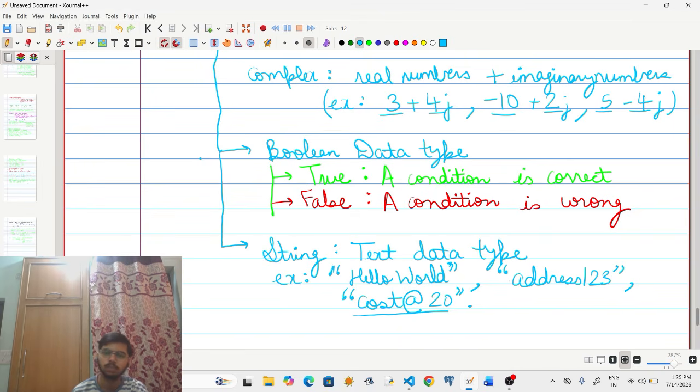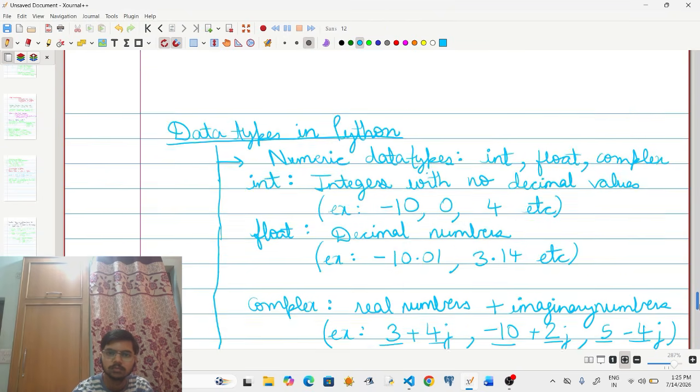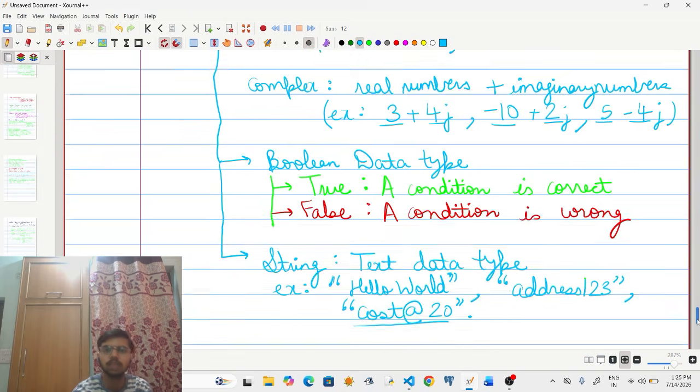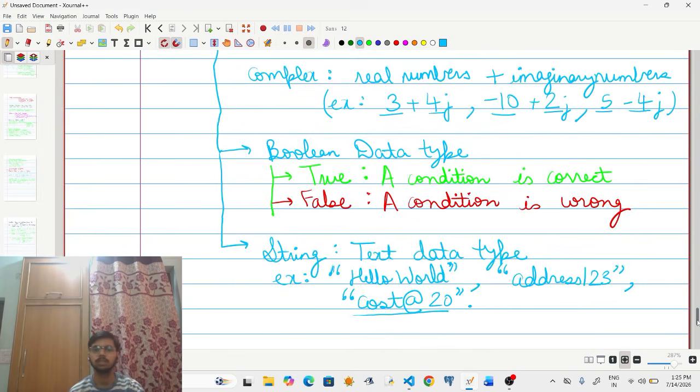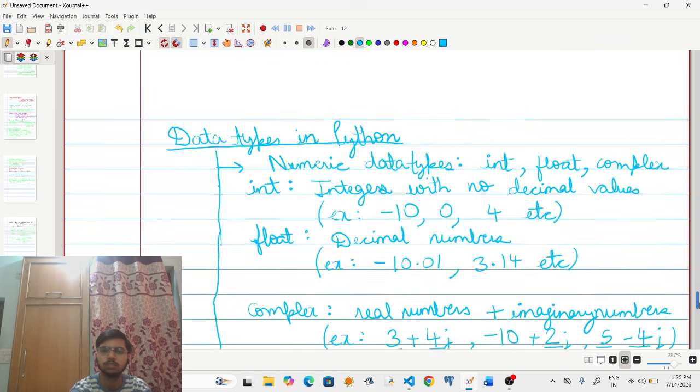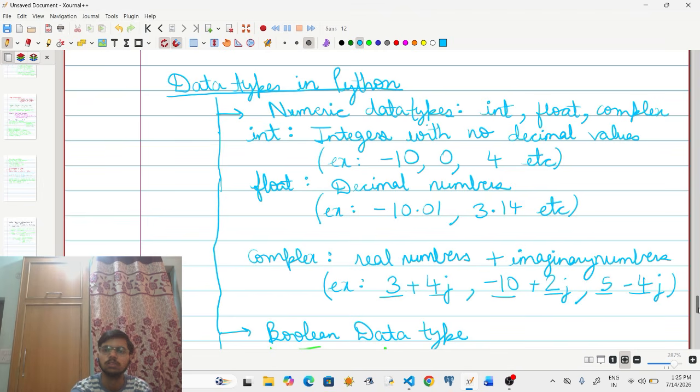So the best example of a string is your email address itself. There are also other data types to study in the future, but these are the ones which we will use the most for now. Any other data type which we need in the future, I will teach you.